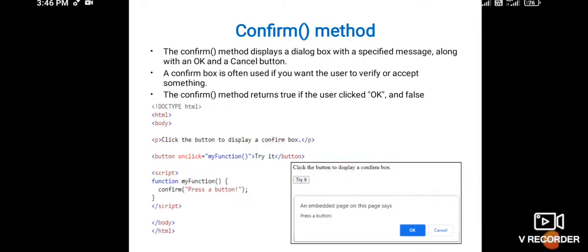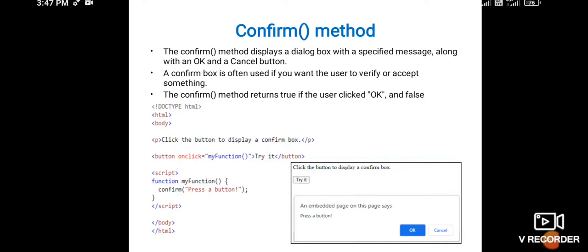And the next is the confirm method. What is the use of the confirm method here? The confirm method also opens a dialog window in which it displays its string parameter along with two buttons. You can see here in the alert box we are going to use only one button, that is the OK button. Here in the confirm method we are using two buttons, one is OK and another is Cancel. Confirm method returns a boolean value which indicates the user's button input. If you click OK, then it is true, and if you cancel it, then it is false.